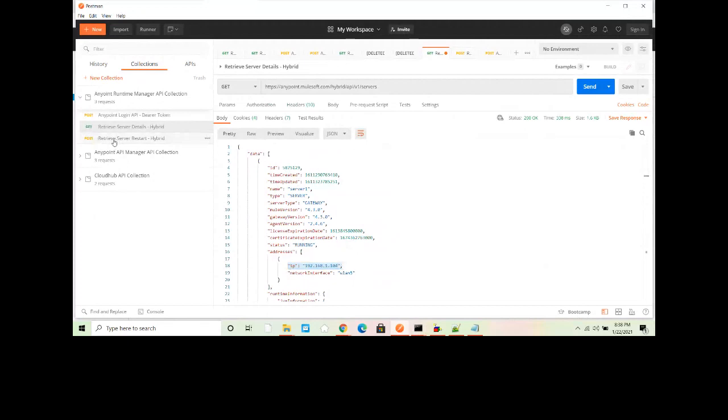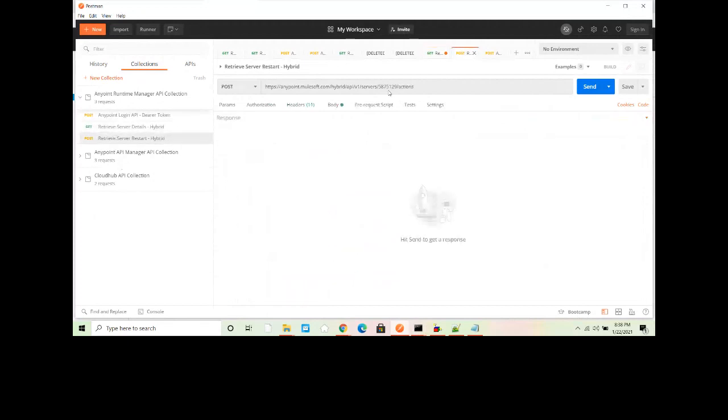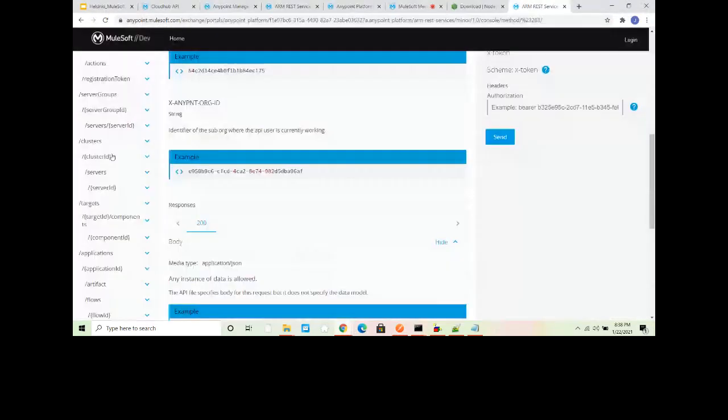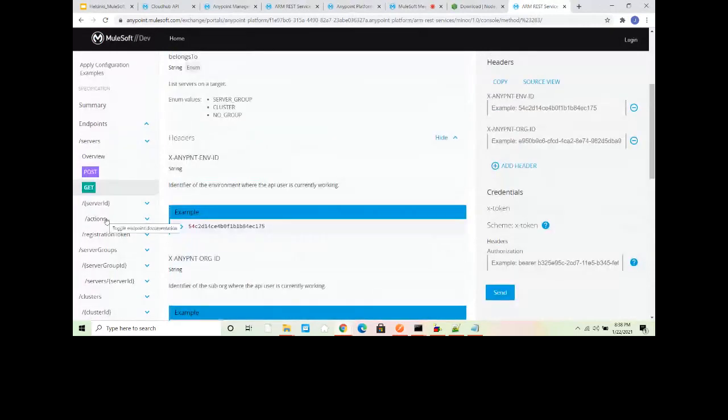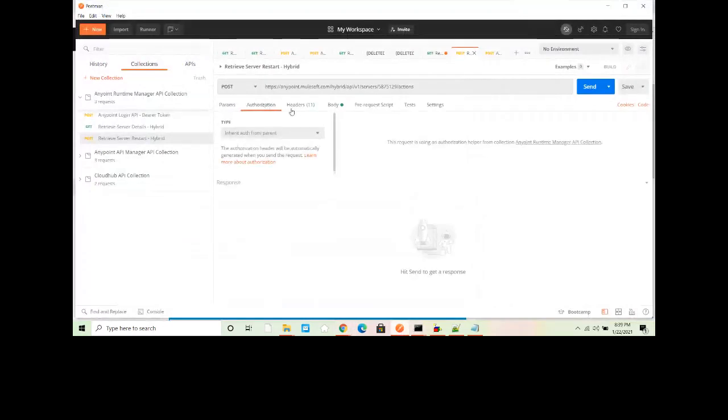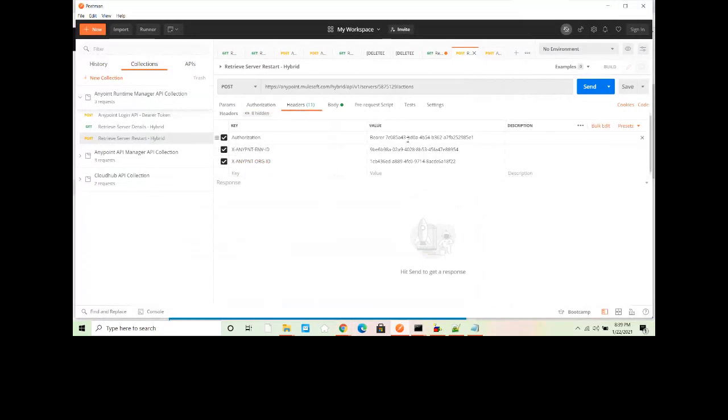Now I want to use that to restart my server. If you go to the ARM API, you'll see a lot of APIs, like creating a cluster, fetching cluster information and so on. You can explore all these APIs. The way of accessing an API is by passing the headers, and it's the same for each and every API. In the case of ARM, I will just change this token.